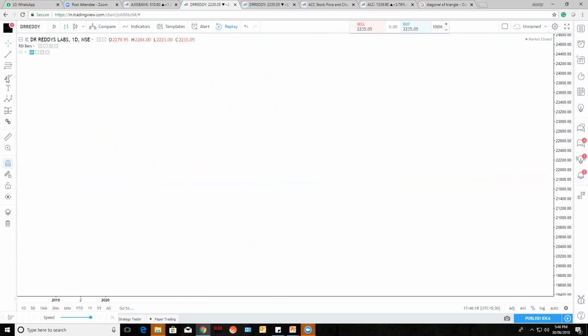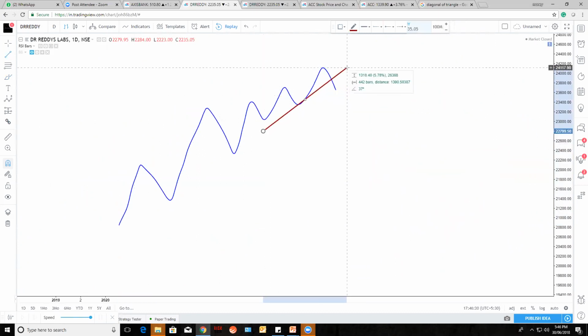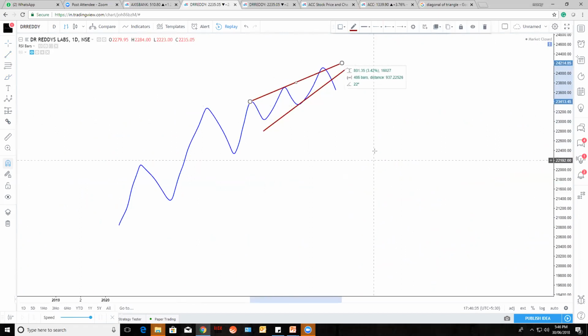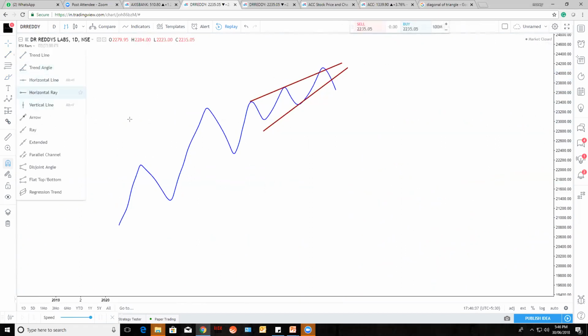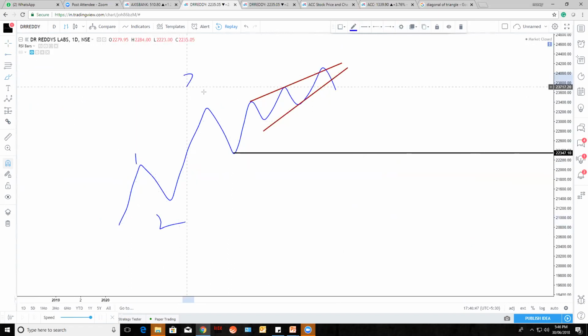Okay. Let me tell you. For example, let's say this is 1 and 2, this is the third, and this is the fourth, and the fifth wave is moving like 1, 2, 3, and making a structure like that of an ending diagonal. Let's say it's a diagonal. So totally it is the starting of wave 5. Let's say this is a 5, and the starting of wave 5, right? So for example, this is a 1, this is a 2, this is a 3, this is a 4, and this is a 5. What will happen once it breaks the low?